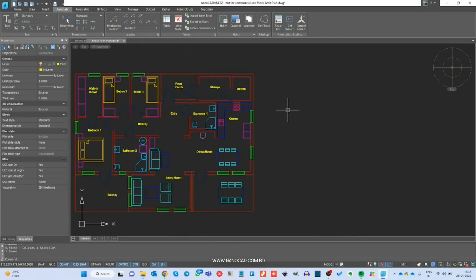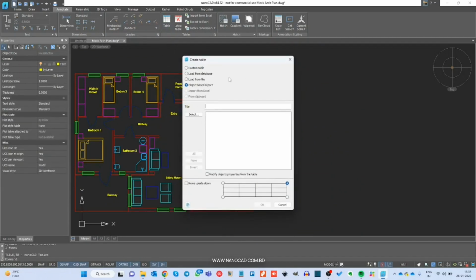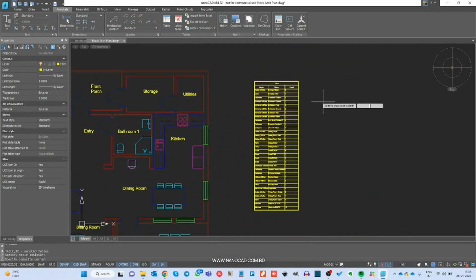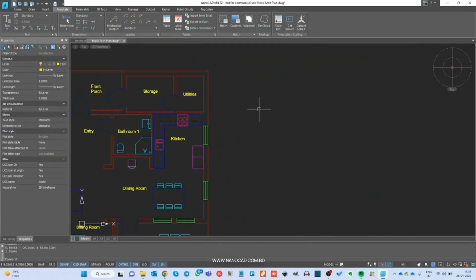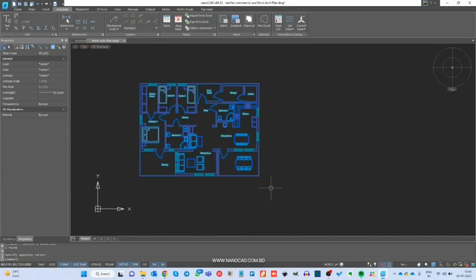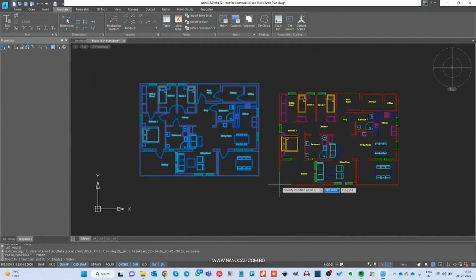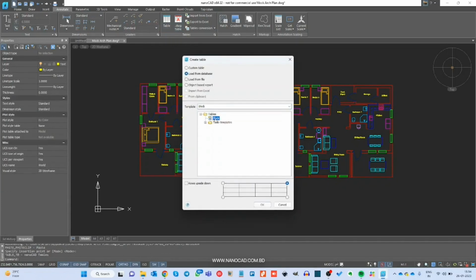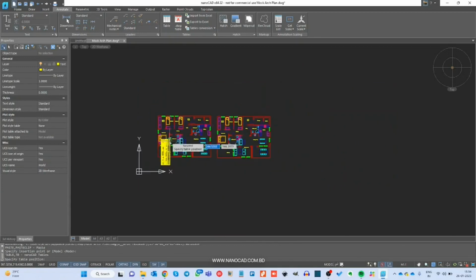I can delete this. And if I go to table, I can say load from database. And then you see, I have one table template here. Now I can say okay, and I get the table, right? If I delete this table, copy the whole floor plan, and paste it again just beside this, and then I go for the same load table from database and click OK,